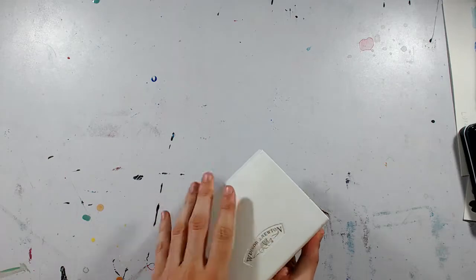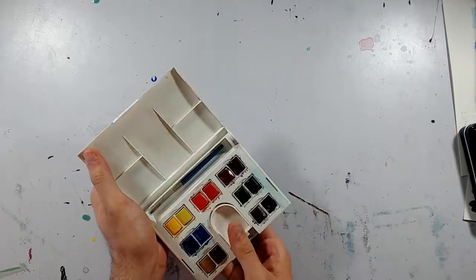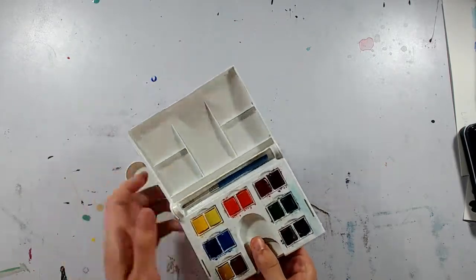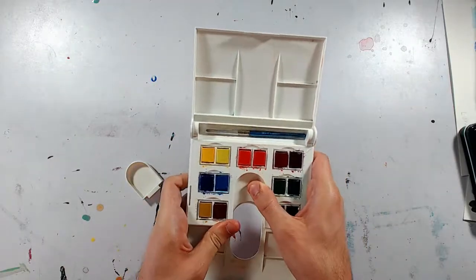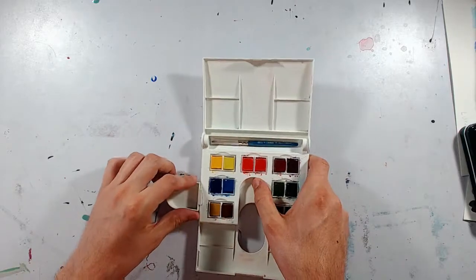The next one is another Winsor & Newton Cotman set. This is the compact set. It's running for $22.19 at the time of filming. This one actually comes with a slightly more useful travel brush,